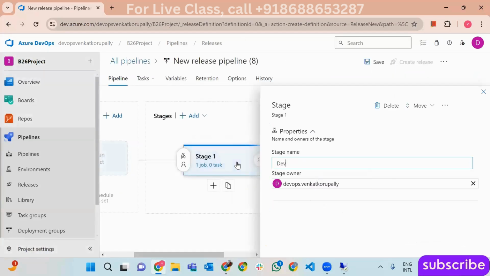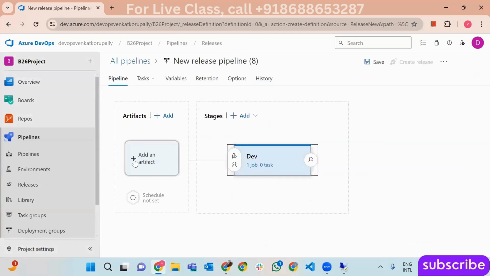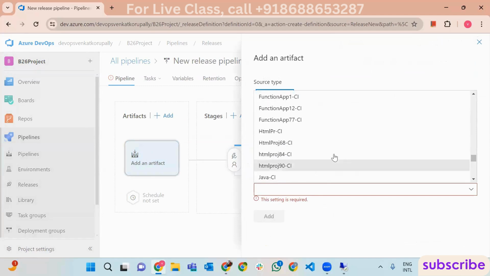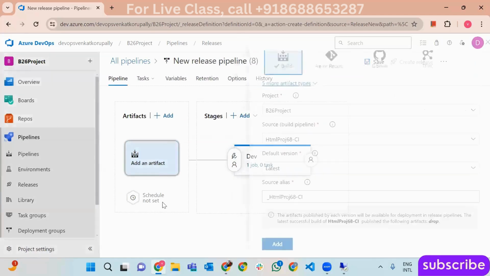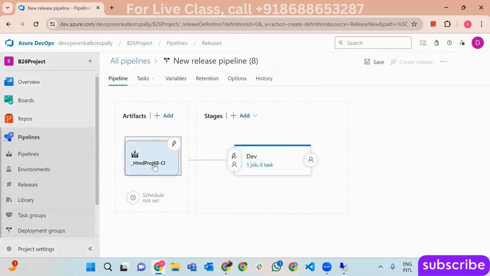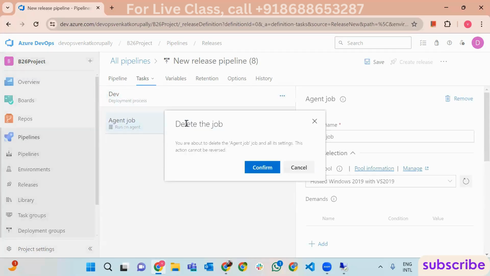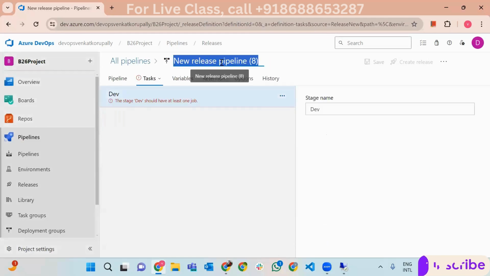This is the step. For any release pipeline, you are going to add an artifact from here. From here, this will add. Correct or not? I have added my artifact to this release pipeline. Correct or not? Here, I don't want this. What I want